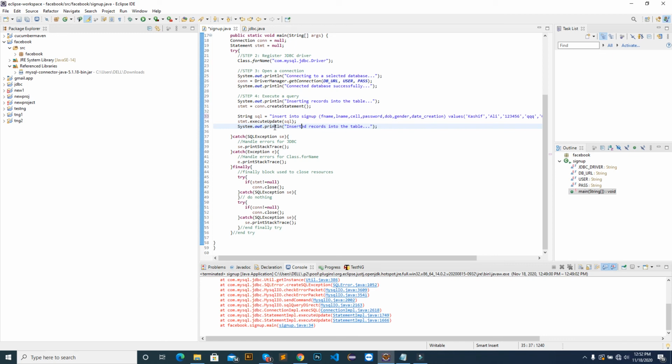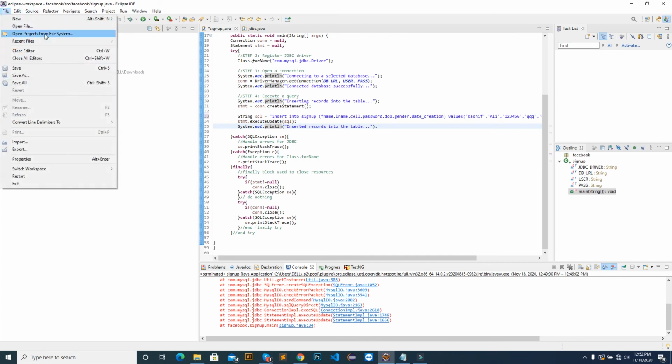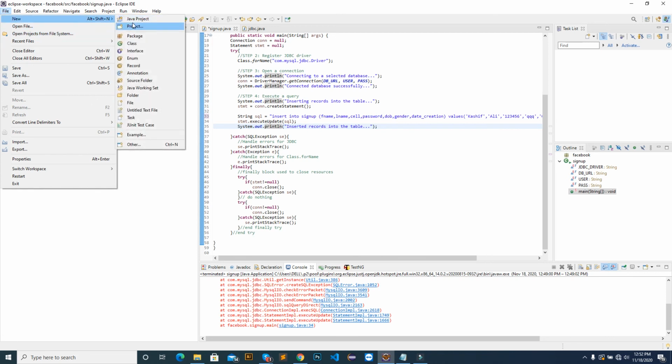So System.out.println. What is System.out? We are using this console. In the real world, we have forms. So let me give a quick view.